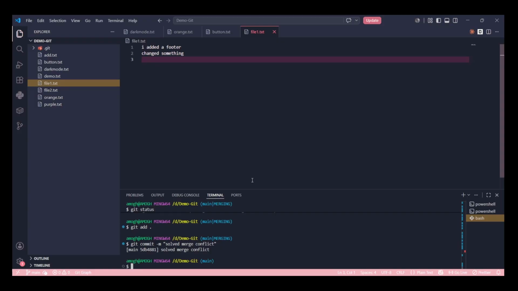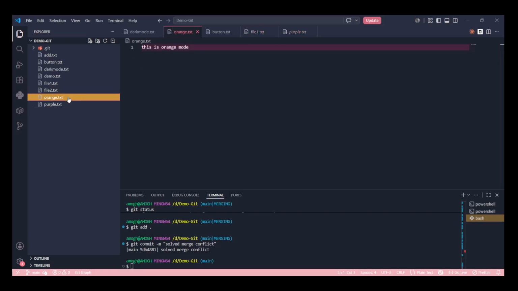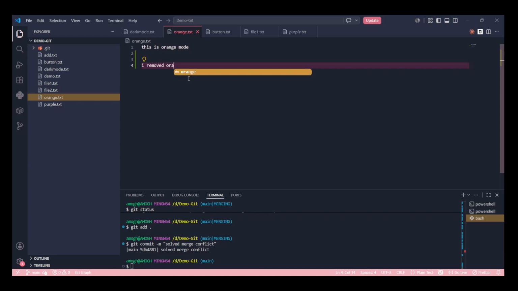We'll create one more merge conflict. Let us say now we'll go into the orange.txt. I'll say I removed orange mode. Okay, now I'll commit this. Git add.